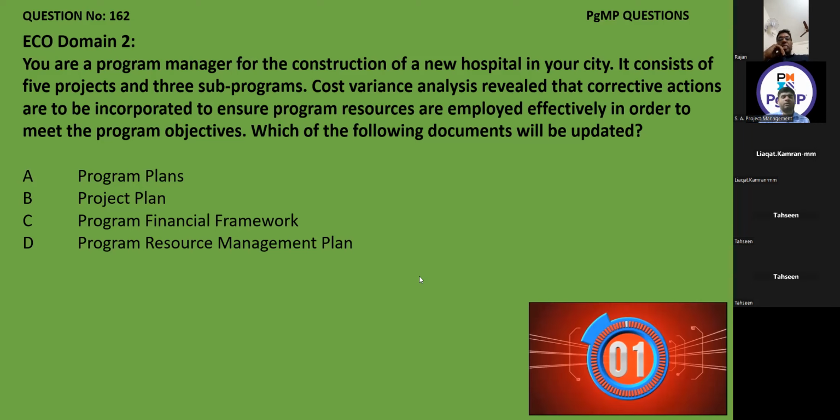Okay. The understanding from Kamran sir and Tessin sir is correct, but here, Kamran sir, the point is that first of all, he's asking you which of the following documents will be updated. Number one, he's not asking about only one document. And he's not asking which document will be updated first or which document will be updated second. If in any question he's asking which document will be updated first, then your understanding is correct. We have to go forward only for the one plan. Okay. Secondly,